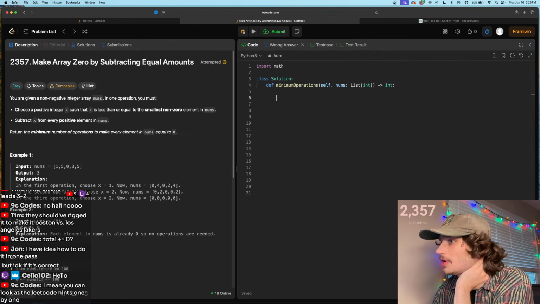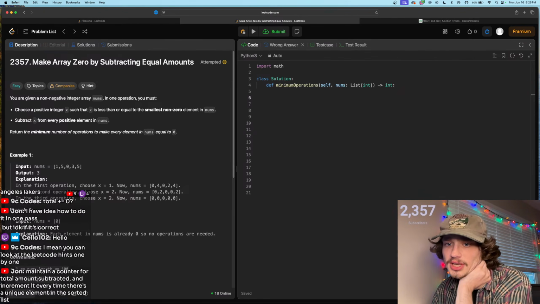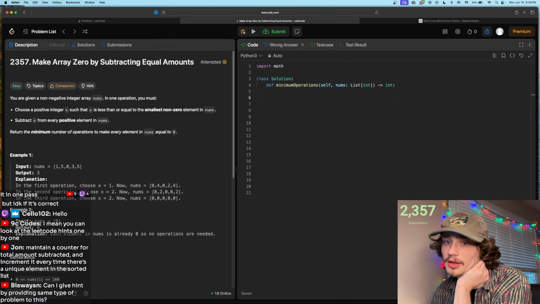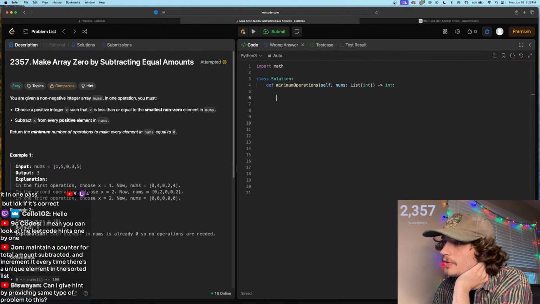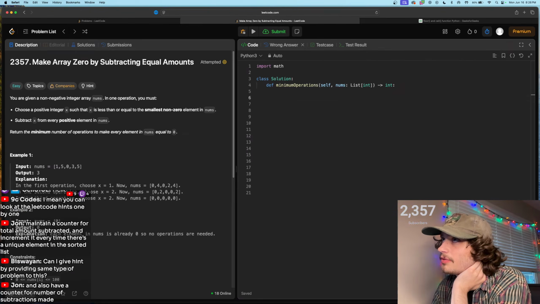Interesting. Okay, so maintain a counter for total amount subtracted. Increment every time there's a unique element in the sorted list. So if we have 1, 3, 5, 5, you have 3 unique elements in the list, meaning that you have to make 3 operations to reduce those elements by the minimum number each time. So basically John is saying that the amount of times a new minimum number is counted